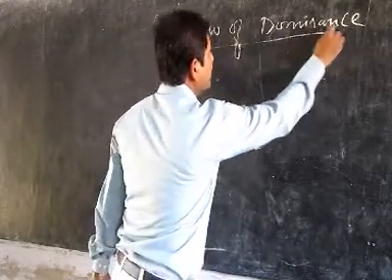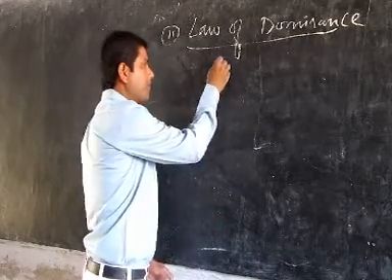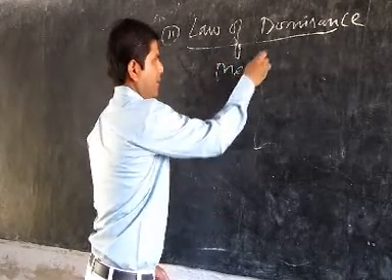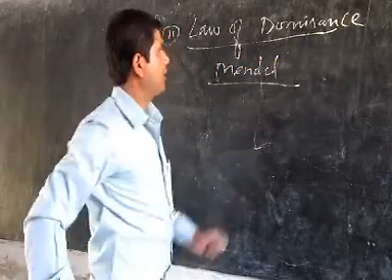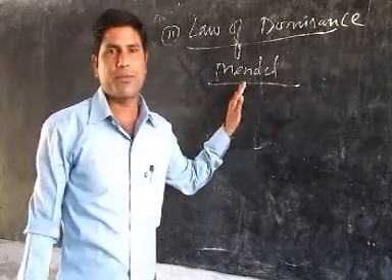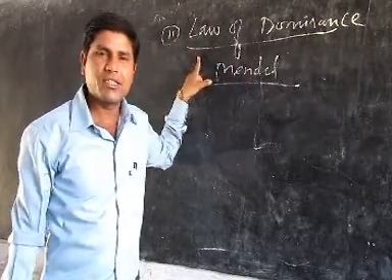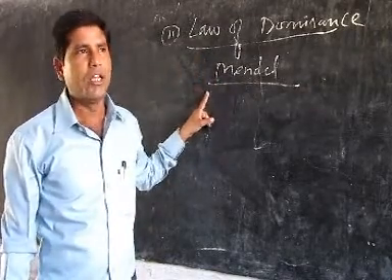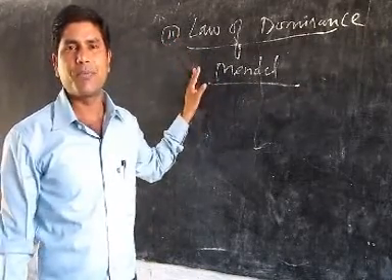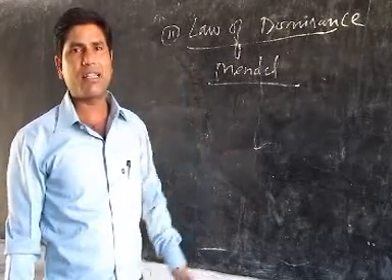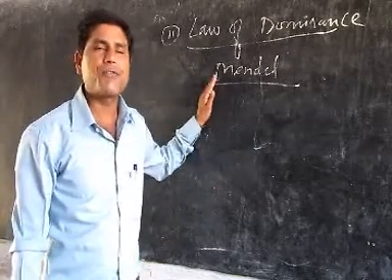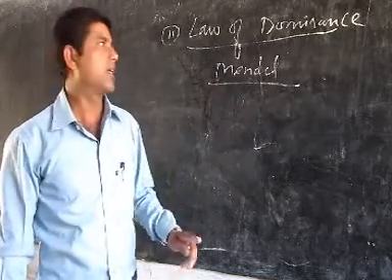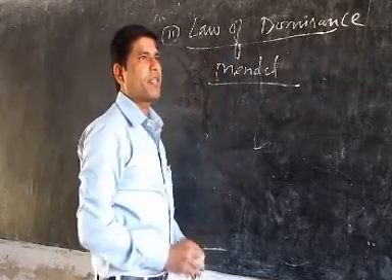Law of dominance, according to Mendel. He proposed four laws, that is law of inheritance, law of dominance, law of segregation and law of independent assortment. So according to law of inheritance, he proved that whatever character, whatever gene is transferred from one generation to another generation. And according to law of dominance,